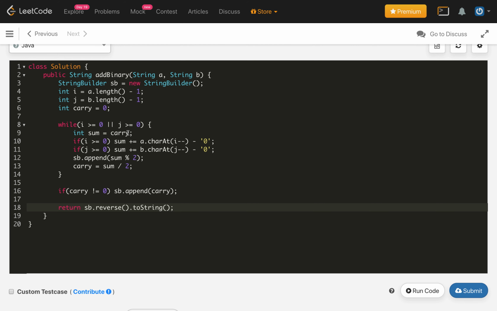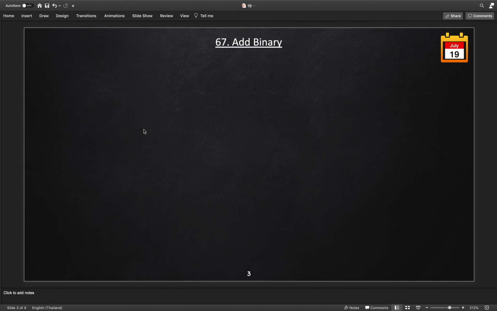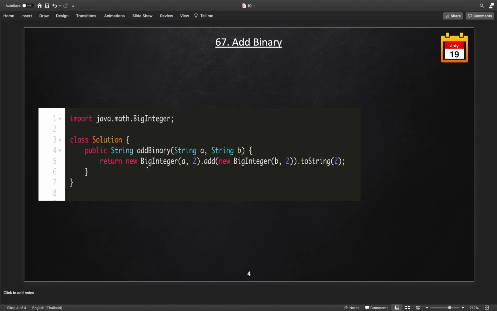Another way we can solve this is by using BigInteger in a single line, but it is not recommended because we need to solve it in a normal way. Here is how it works. In BigInteger we can convert any string with whatever radix we pass. If we pass 2, it converts into a BigInteger in radix 2, which is like a binary string.